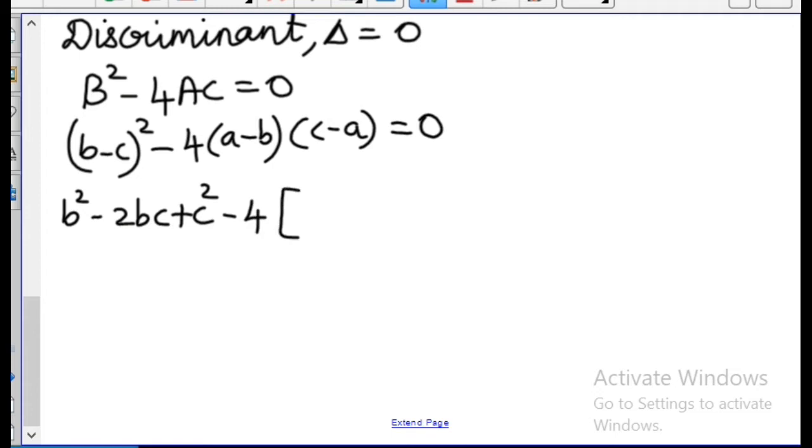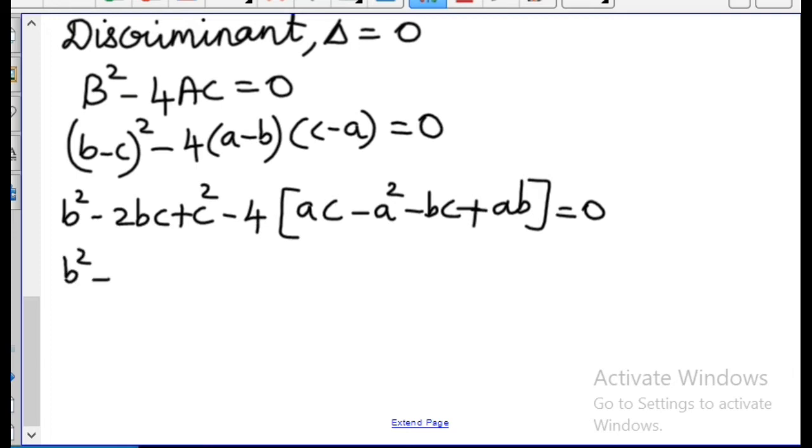That is equal to, while multiplying you will have 4 terms. So you have to write it as a and multiply. ac minus a square minus bc minus ab equal to 0. So ac minus a square minus bc, minus into minus you will get plus bc plus ab equal to 0. Now bring 4 inside, that is b square minus 2bc plus c square minus 4ac. So minus into minus it will become plus 4a square plus 4bc